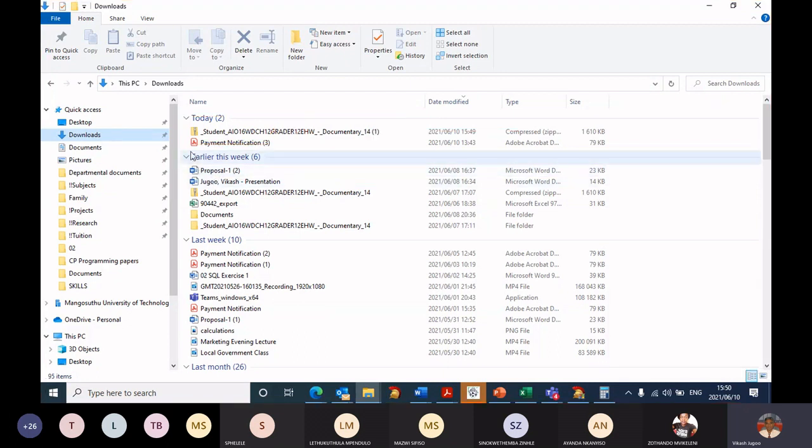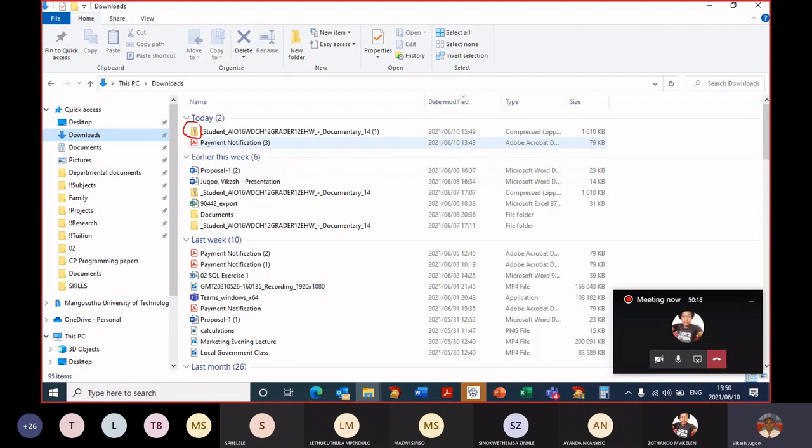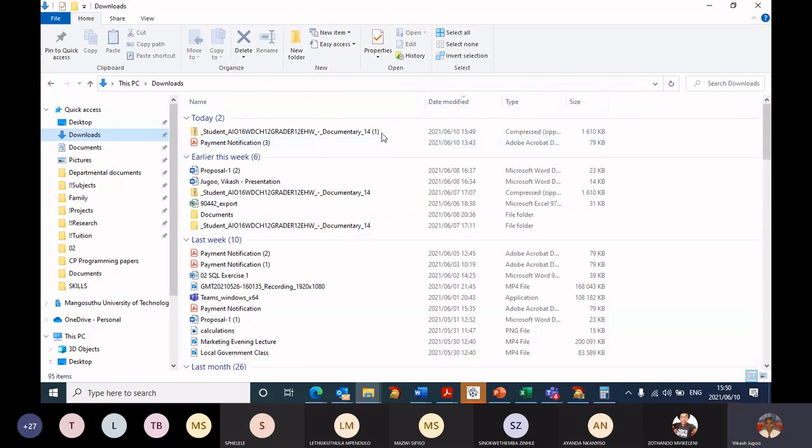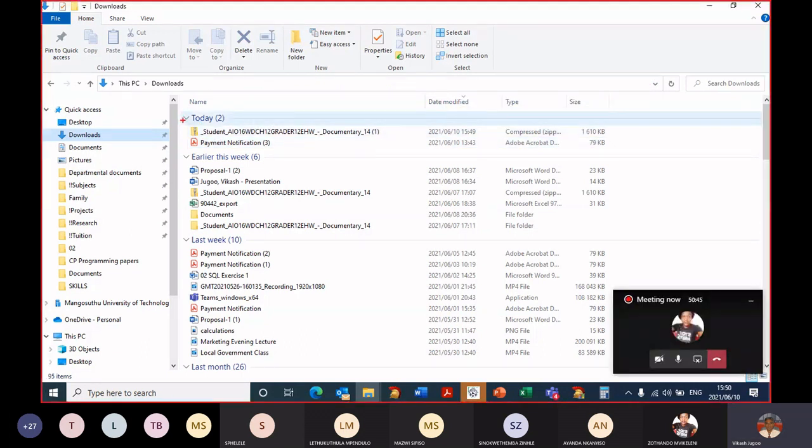So what you have to take note of is this. If you look very carefully, that is a zipped file. Zipped means it's compressed. So I've got many files that are compressed into this one file. My task is now to unzip it,